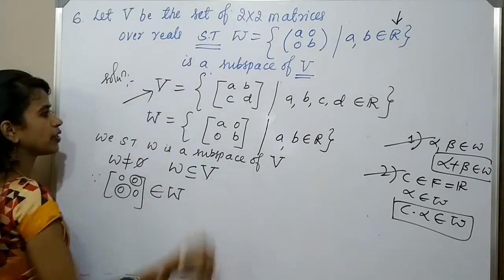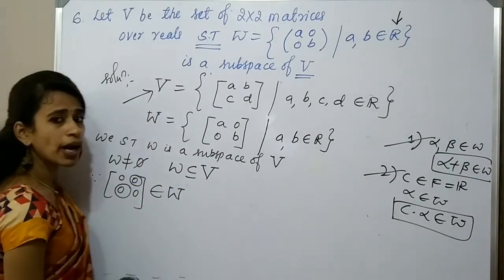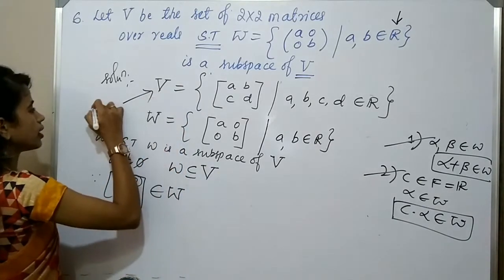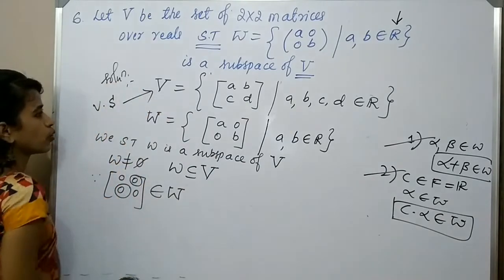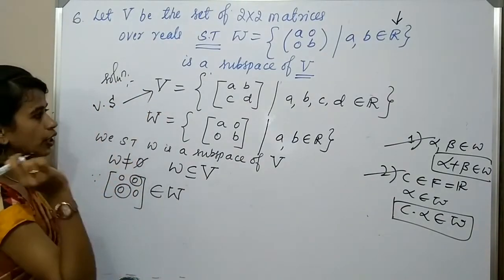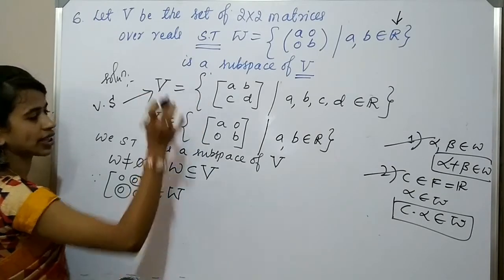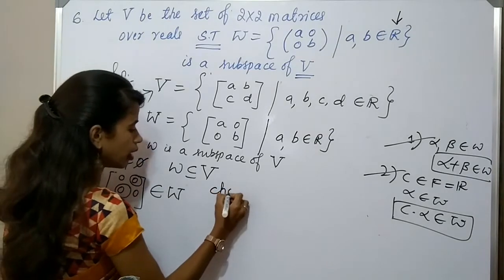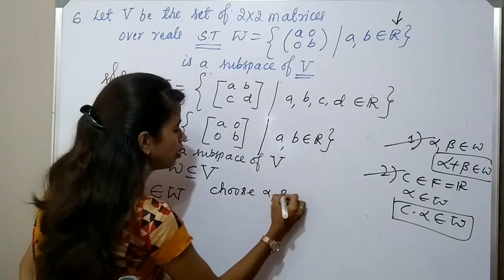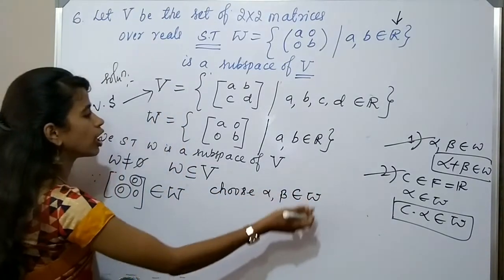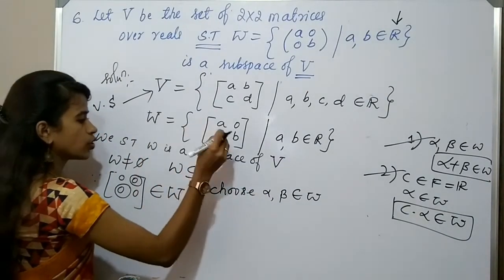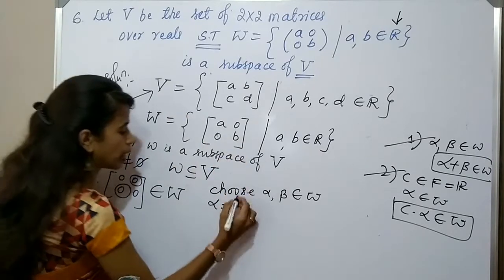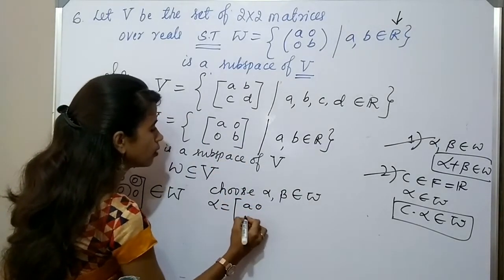We showed in the previous video that the set of all 2 by 2 matrices forms a vector space over the field of reals. So please watch that video, then you will understand why it forms a vector space. Now, since W is non-empty, we can choose two elements. Choose alpha, beta belonging to W. What does that mean? The elements in W are 2 by 2 matrices of the form [A, 0; 0, B],